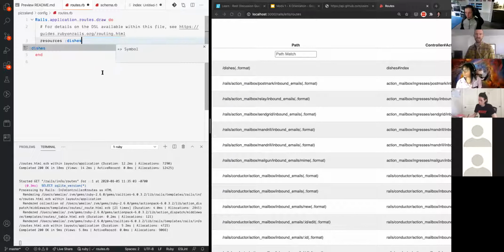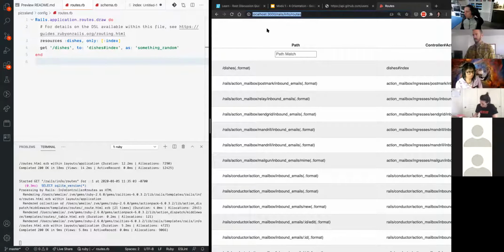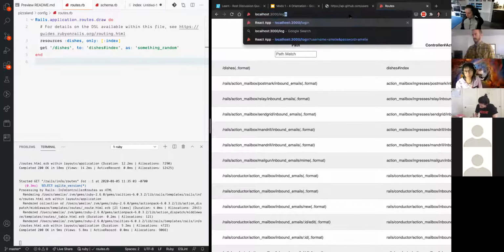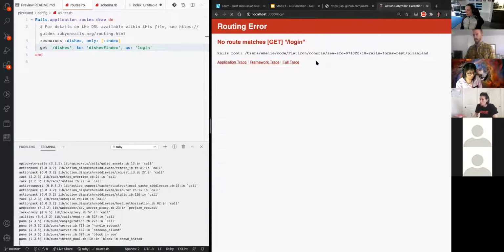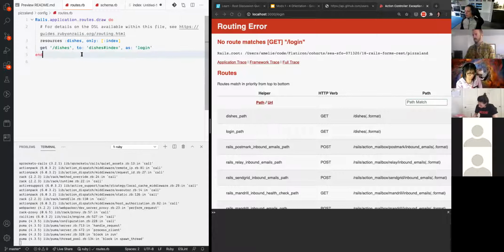You would just use all of your routes automatically created for you. There's no point in writing this out manually. But again, if you have something like a login or sign up, you might want to have a special route that will send the user to, let's make this, all right, so if we go to /login, obviously we don't have a login page, but if we were to go to /login, this is not,